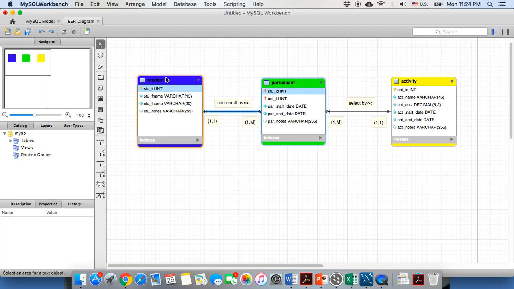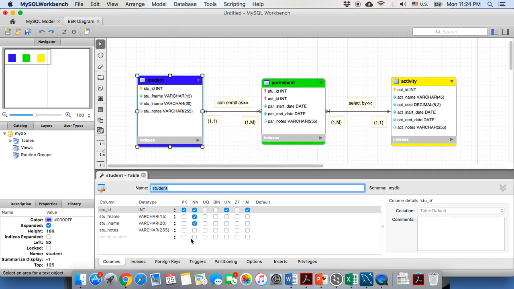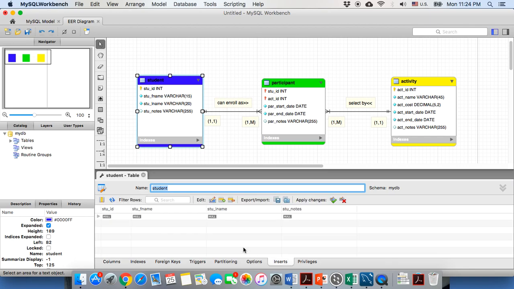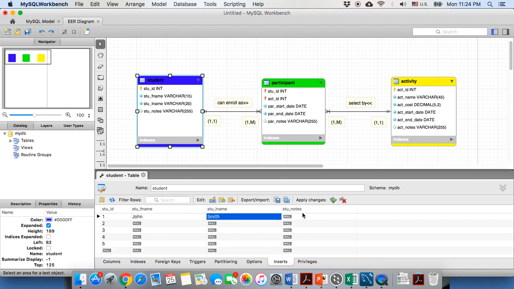Okay, so the student table here, go to the Insert tab. You should have 5 records here, 5 students. Let's say student 1, 2, 3, 4, 5. And first student, John Smith. This student note, since it is an optional attribute, if you don't want to put anything there, it's okay. And second student,